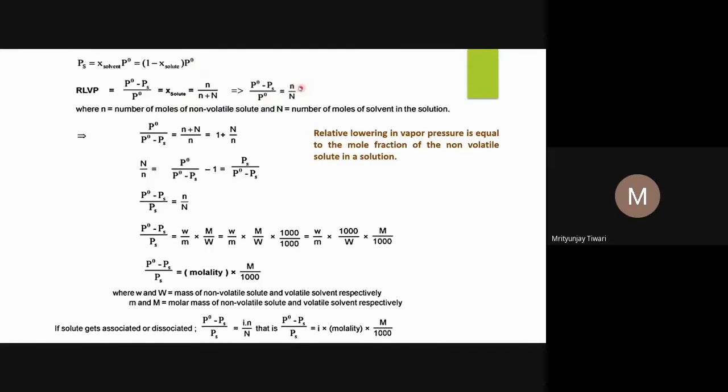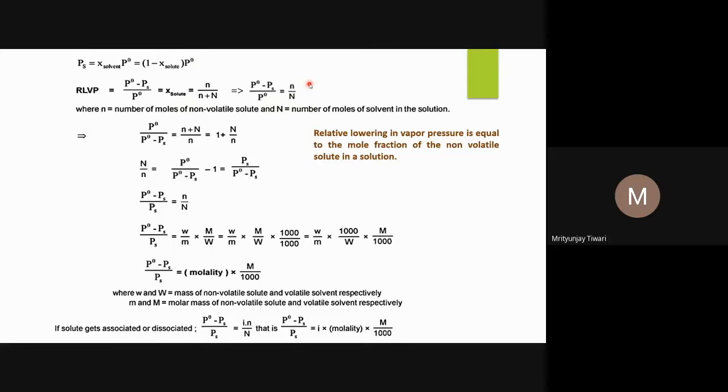And the number of moles of solute is the mass of solute in grams divided by the molar mass of solute, and the number of moles of solvent is the mass of solvent in grams divided by the molar mass of the solvent. And this way, if the other values are given, one can also calculate the molar mass of solute or solvent, whichever is required, depending on what values are already given. And if the relative lowering in vapor pressure or even the lowering in vapor pressure is given, and the vapor pressure of the pure solvent is given, then depending on what values are given and what is to be calculated, you can calculate those values. It means you can simplify this one further.